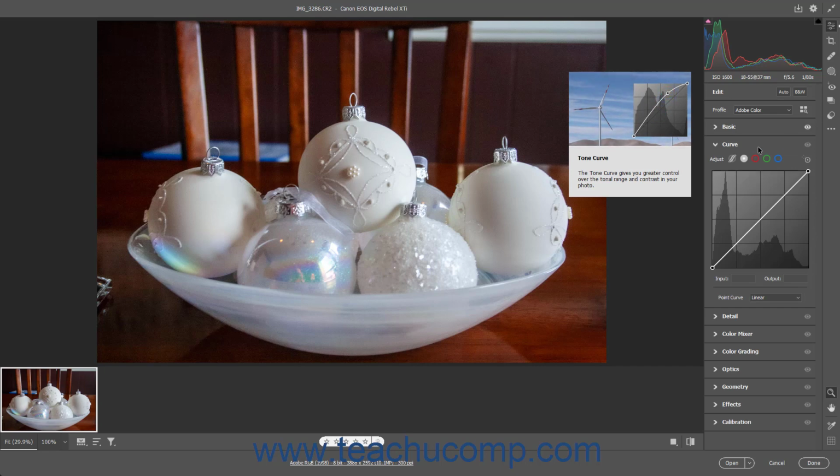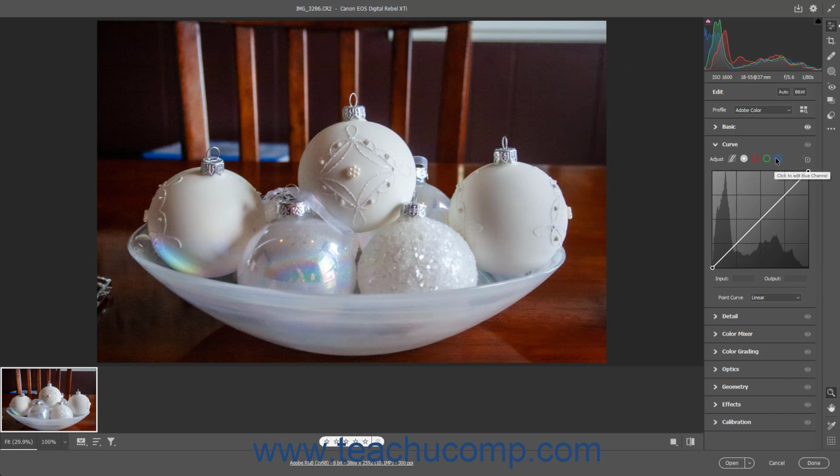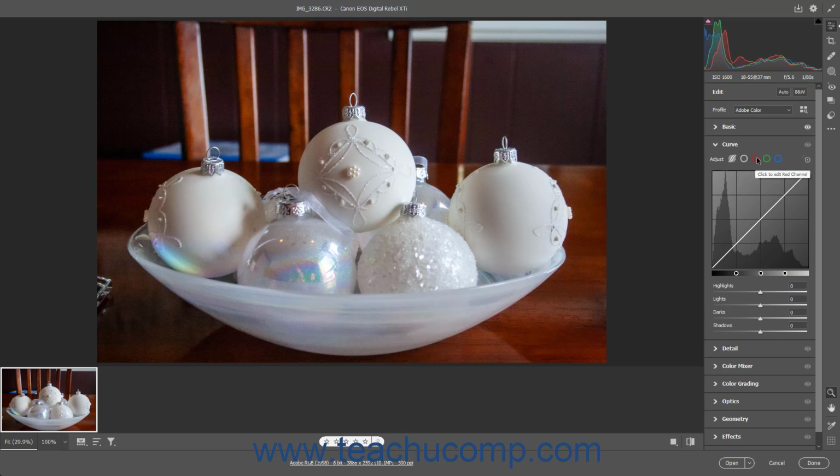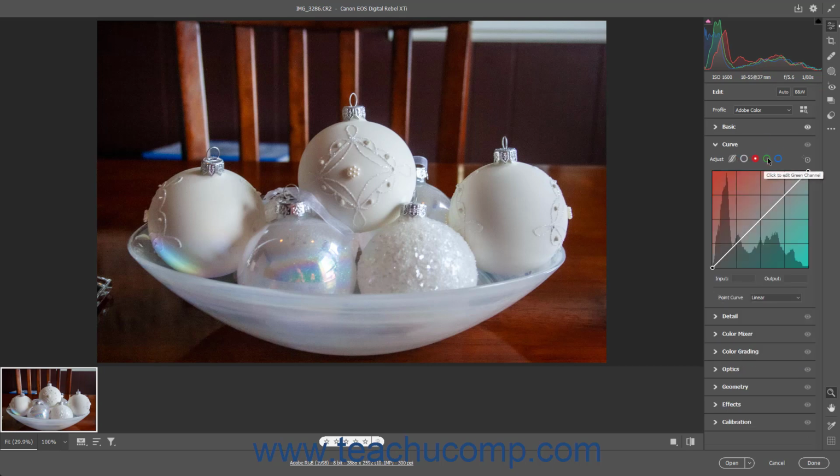of the toolbar. The Curve panel shows the types of adjustments you can make in the Adjust section at its top. Below that is the large curve graph where you can make the adjustments for the selected type of adjustment and set the additional settings for those adjustments, which appear below the curve. By default, the point curve adjustment type is selected. However, you can also adjust the parametric curve, the red channel curve, the green channel curve, or the blue channel